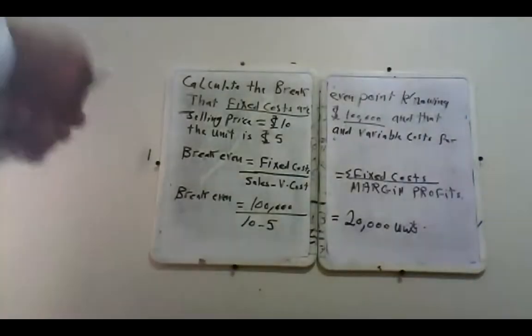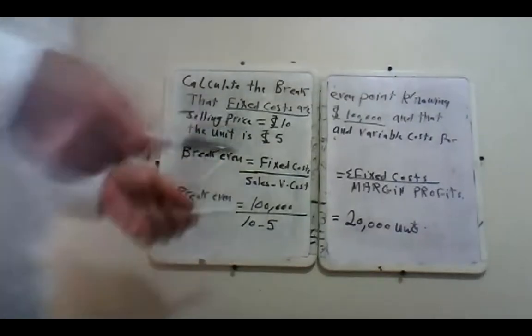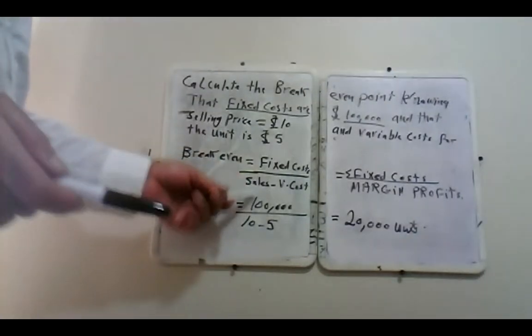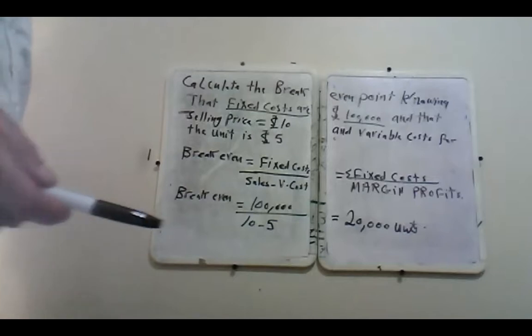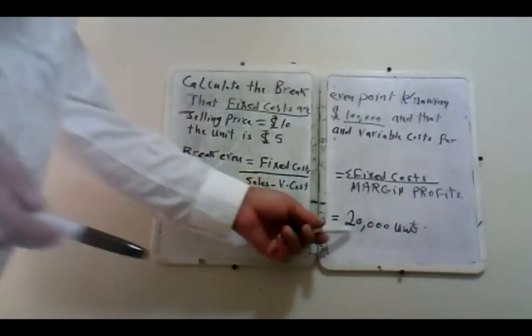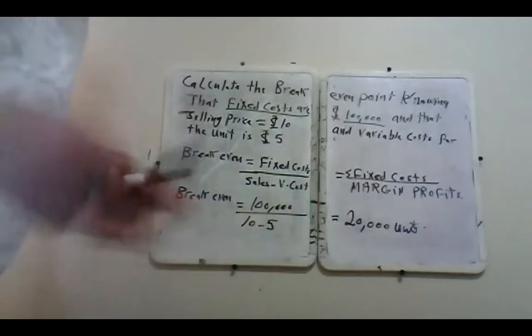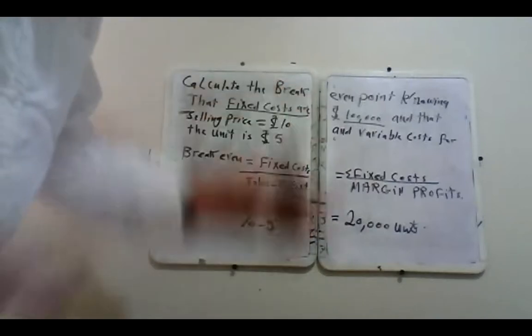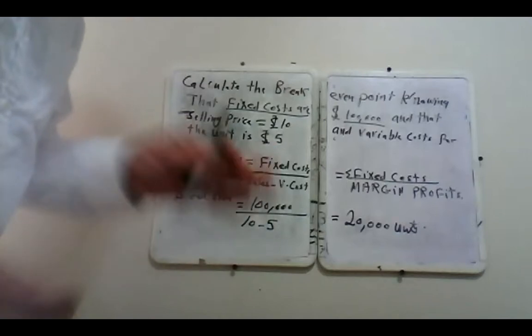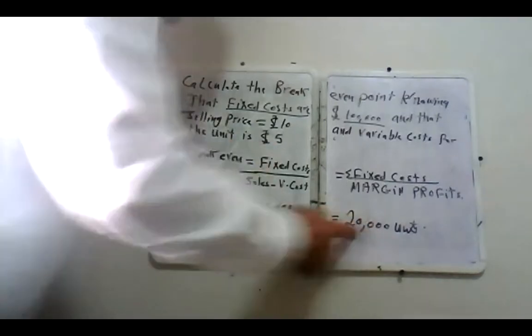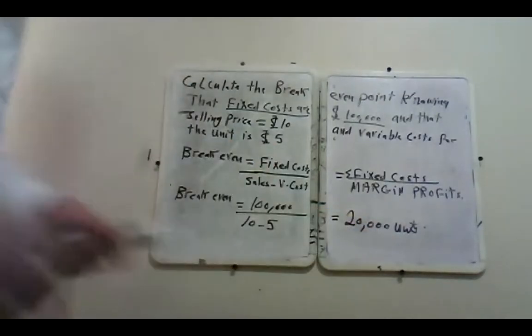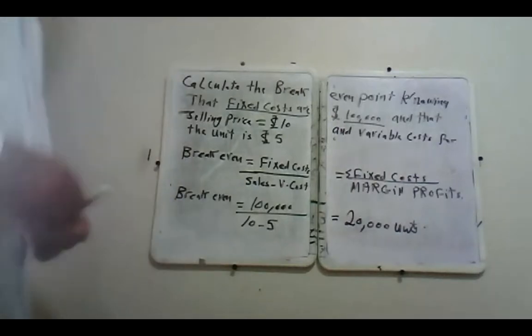Units of money, units of production, whatever. So with the production of 20,000 units, there will be no gain, no losses, and that is the break-even point. Remember,